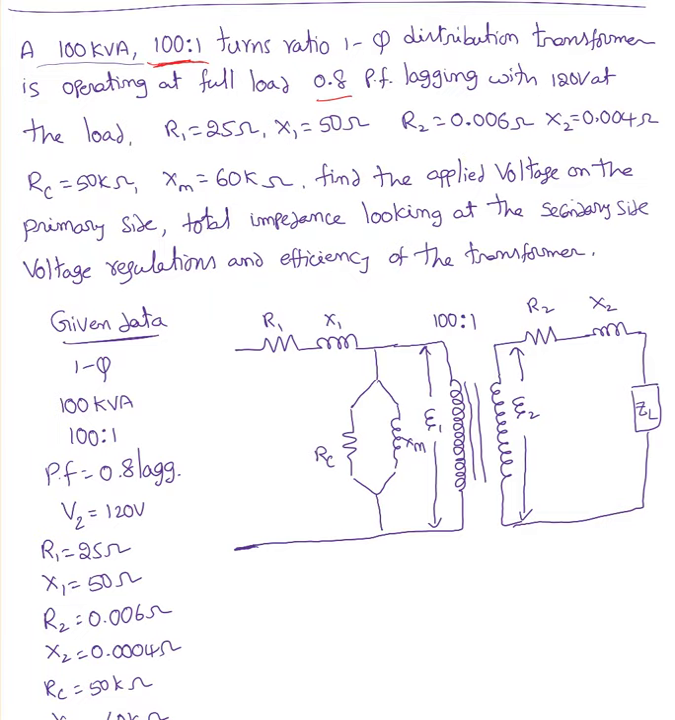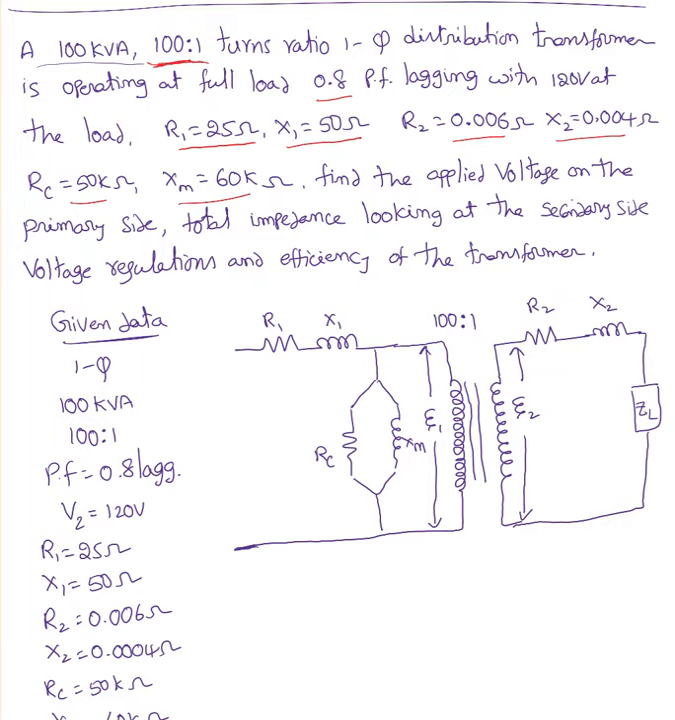If you draw the equivalent circuit diagram, I'll talk about it in a second. Let me finish reading this. 120 volts at the load. R1 is 25 ohms, X1 is 50 ohms, R2 is 0.006 ohms, X2 is 0.004 ohms, RC is 50 kilo ohms, XM is 60 kilo ohms. R1 represents the resistance of the primary winding, X1 represents the reactance of the primary winding, R2 represents the resistance of the secondary winding, X2 represents the reactance of the secondary winding, RC the resistance of the core,